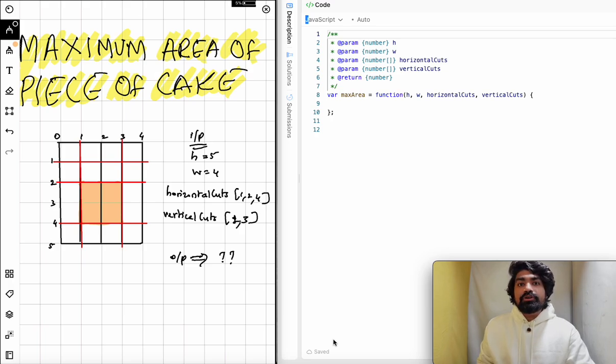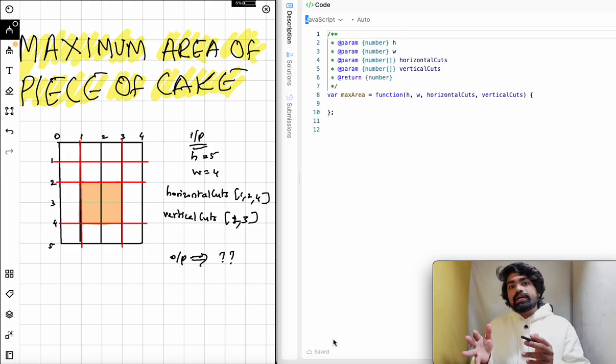Hello, in this video we will be seeing how to find the maximum area of a piece of cake given that we want to put vertical cuts and horizontal cuts using a knife into this cake, and we will be also finding the time complexity and space complexity of the solution that we will be building in JavaScript. Before jumping into the solution aspect of it, let us first try to get a quick understanding of what the